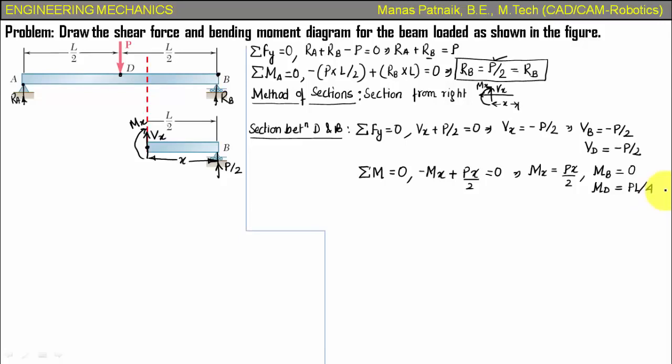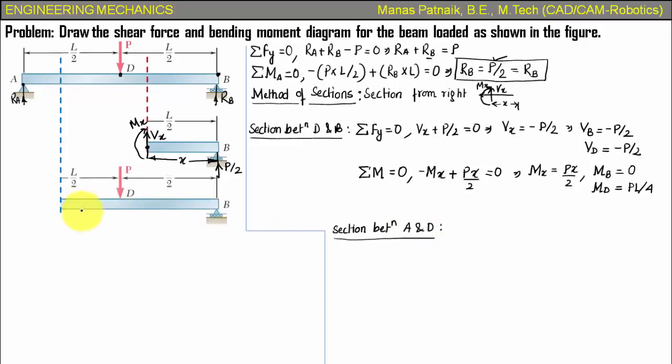Right? Now let's go ahead and now take the section between A and D. Let's do this quickly, A and D. Again, you know that we are doing the sectioning from the right, and here we go. That's the section, and that's the portion of the beam that we're going to be considering. And here the shear force will be taken upwards positive, and bending moment again has to be taken as clockwise. And let me write this also. This distance, or the distance of the section from the extreme right point of the beam, has to be taken